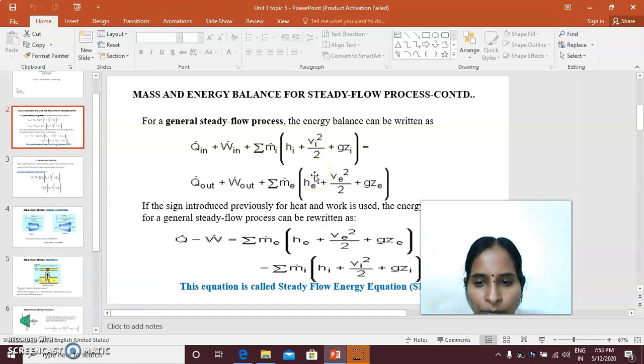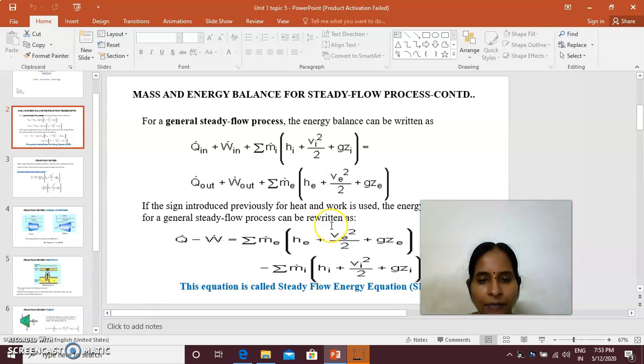Mass in is equal to mass out, energy in is equal to energy out, and we can derive the steady flow energy equation in two kinds, by keeping mass constant and by keeping time constant. That is the steady flow energy equation with respect to time. As far as application is concerned, the equation with respect to mass is the one widely used in most applications, rather than with respect to time.